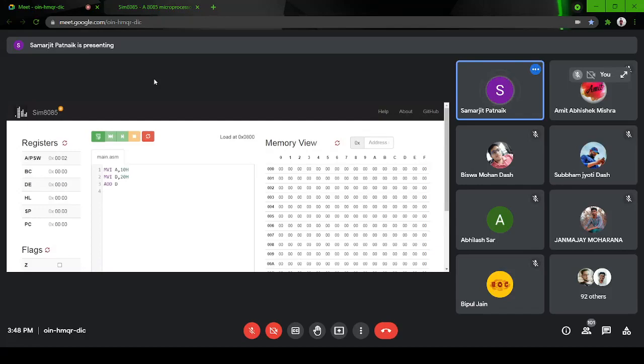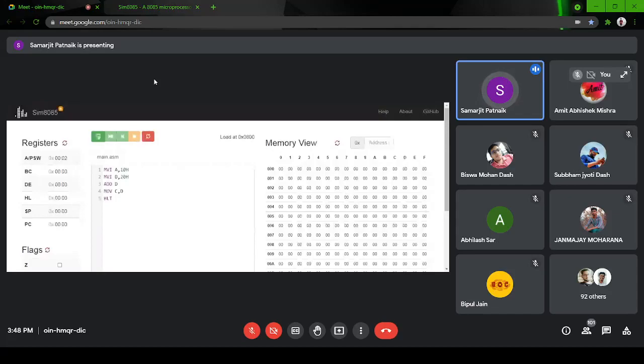I have to store the result in register C, suppose. So I will write MOV, first the destination register, then the source register. At the end of each program, I will write HLT to stop execution.